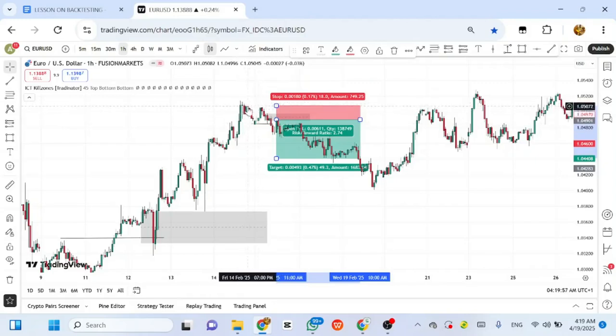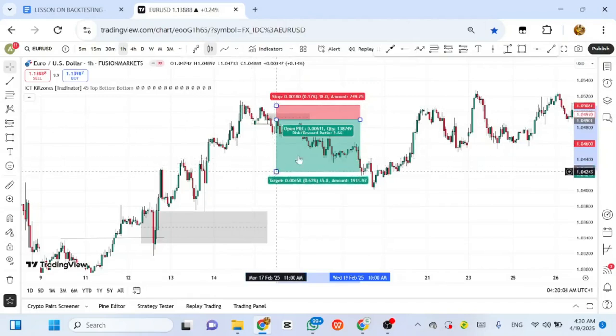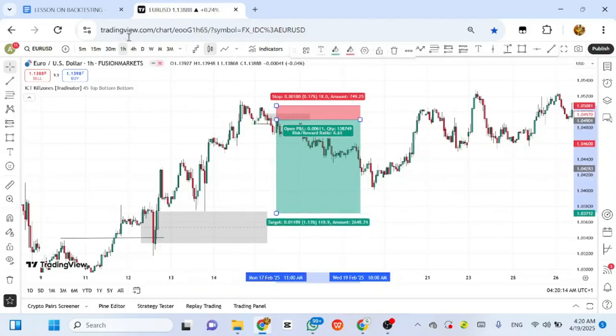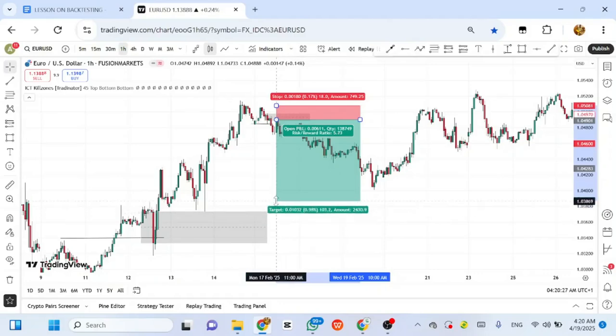See now this one tapped the supply zone, but there was no breakout. So now where are we targeting? See, 1:3 is good, but we are targeting something more. Maybe we can target here, but you trade this in accordance with the overall trend. Maybe our daily analysis is telling us that this is a retracement. If our daily or weekly analysis is telling us that the market has broken out from a major trend and this is a retracement, that means we'll just try to catch a few pips.